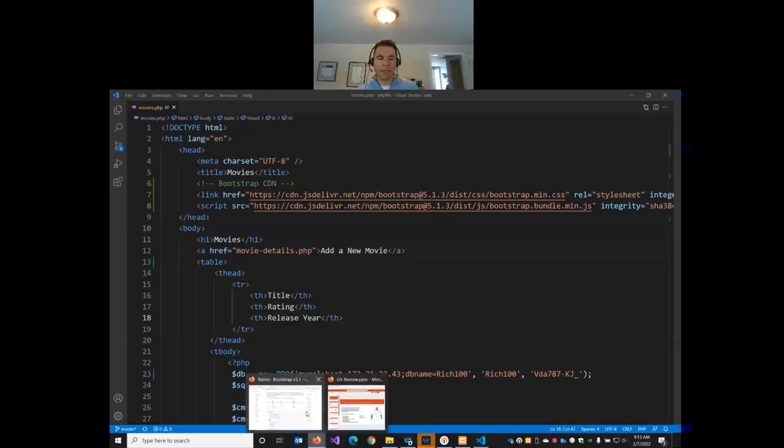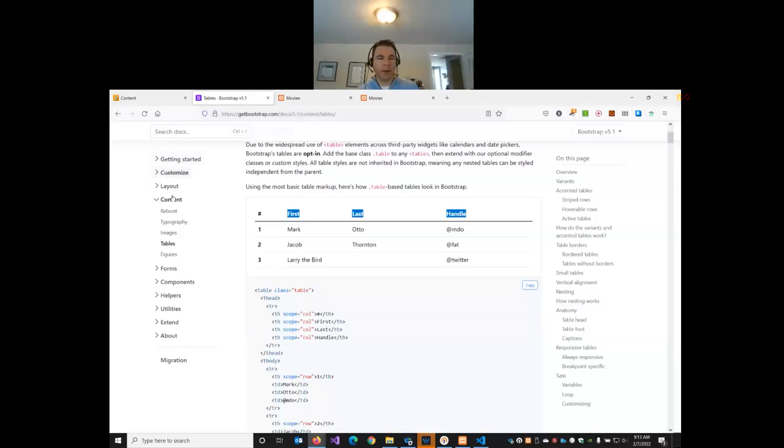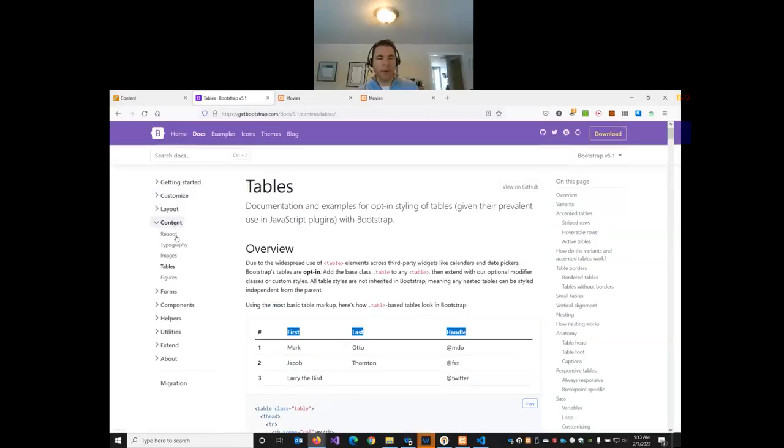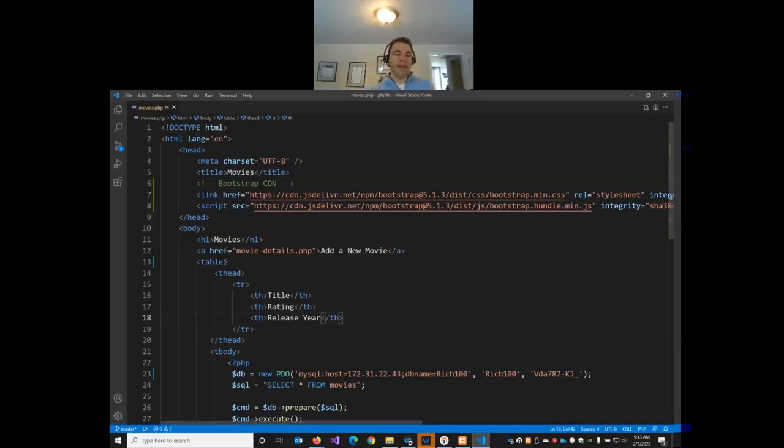Oh, on the documentation, you can see here, on the left, I opened up content, and then tables is here. So I use the sub nav on the left, content, tables. So I'm going to take out